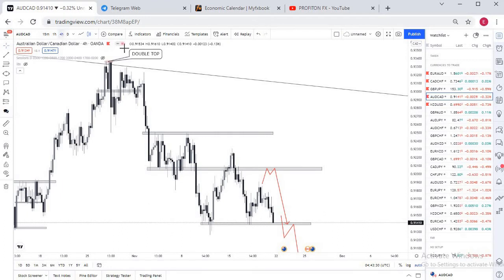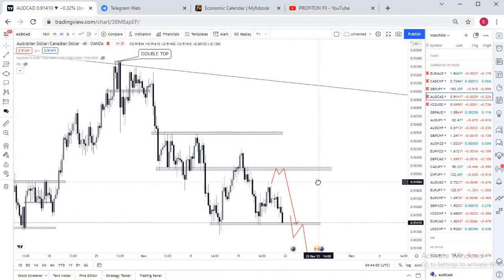We move on to a 4-hour time frame. We have levels that price has been respecting. We have a horizontal support here. We have a horizontal resistance here. These are the two horizontal levels that at least are close to our current price. So currently price is at the horizontal support. There are two setups that I'm watching.